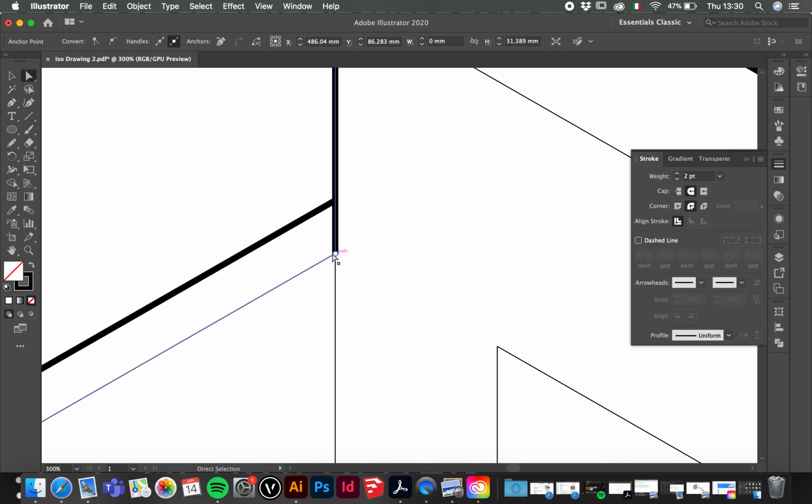So what we can do now is drag this point up to meet that line with the direct selection tool, or you can cut this line at that point, and to do that you use the scissors tool, which I think the shortcut is C. Okay, it's hidden under the eraser tool. If you click and hold the eraser tool, you'll get the drop down menu, and you can use the scissor tool, and you can simply click where you want it to cut, and it will cut that